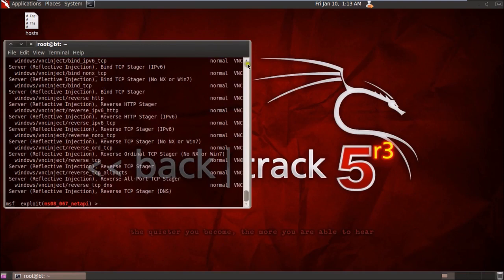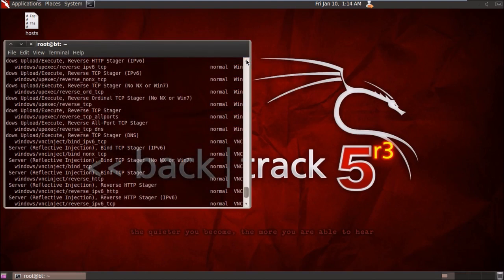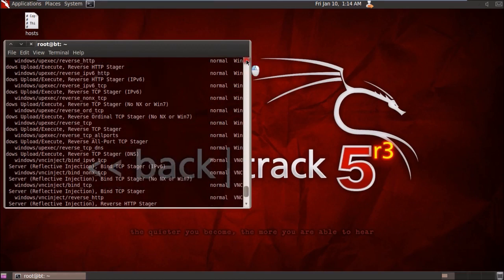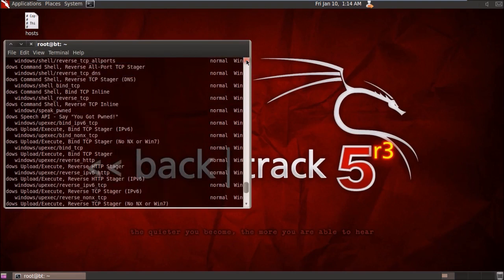That was quick, because there were only around 250 payloads. So what I'm going to do here is select the payload windows/shell_bind_tcp. Yeah, this one.